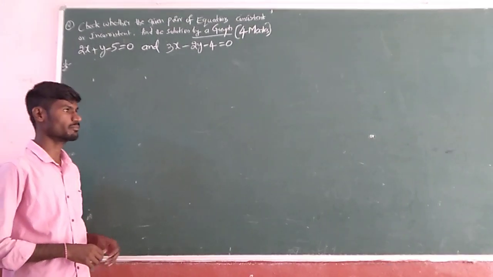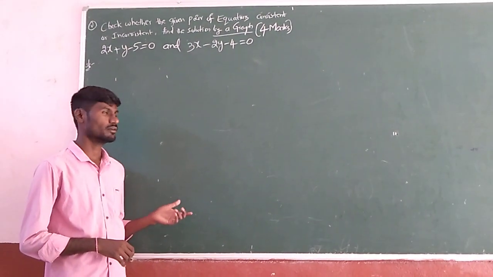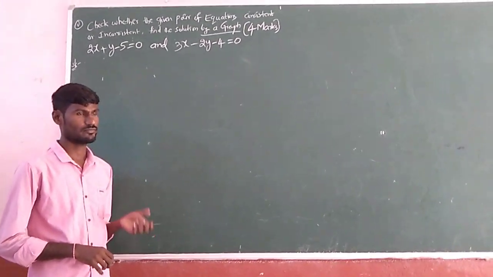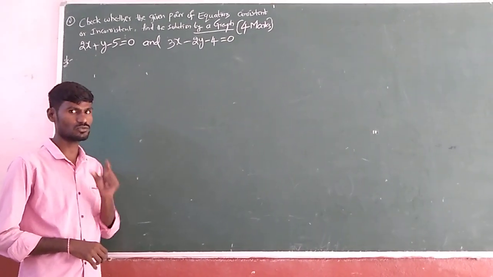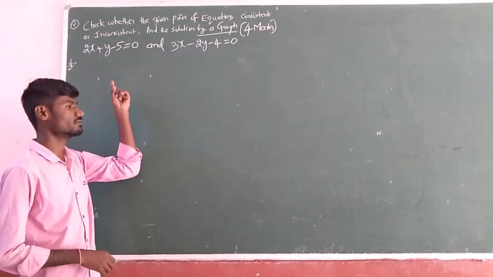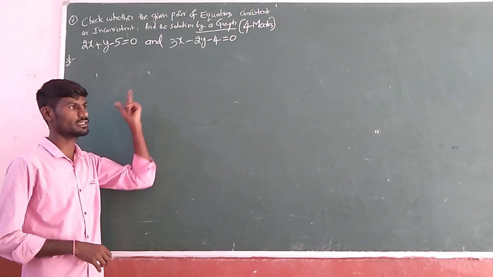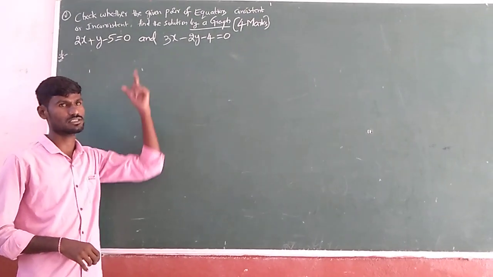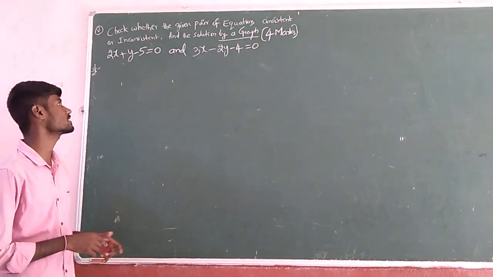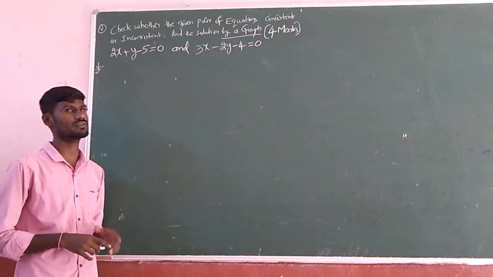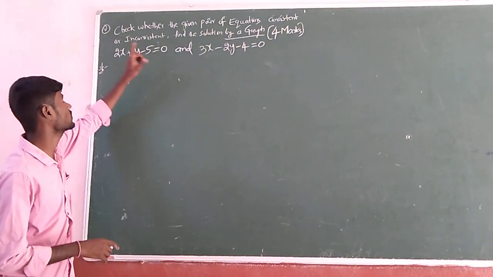So, in maths subject, paper 1 and paper 2, from the first paper you will get two graph questions from two chapters. First one is polynomials, second is pair of linear equations. Already we discussed the polynomials graph. Now we are going to discuss the fourth chapter graph for 4 marks. So let us consider one question.